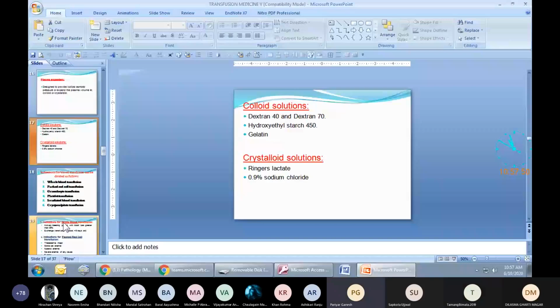Yes, ma'am. Excuse me. In transfusion medicine, in today's class, we studied blood components: whole blood, platelets, cryoprecipitate, and fresh frozen plasma, and their indications. We studied that all blood components should be ABO compatible. Blood components should be given ABO compatible. But in the case of cryoprecipitate, is there an exception, or is it also ABO compatible?